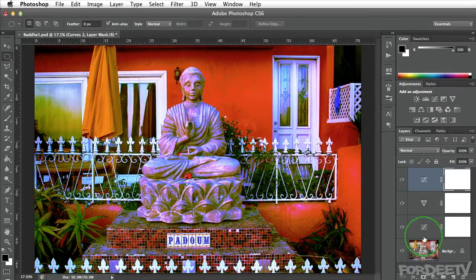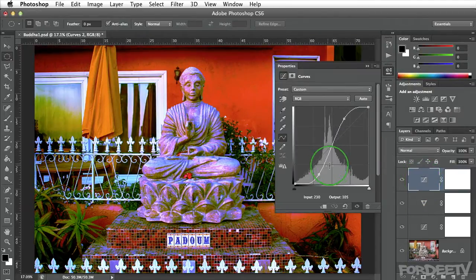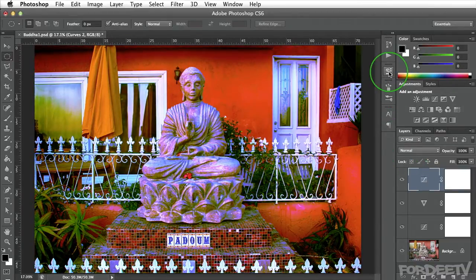Now obviously, because these are adjustment layers, we can always come back on over here, double click on the adjustment, and we can make changes because this is non-destructive. So if this is not exactly where we want to be, we can always come back and make decisions later, right? So the next thing that we're going to want to do is we're going to want to go ahead